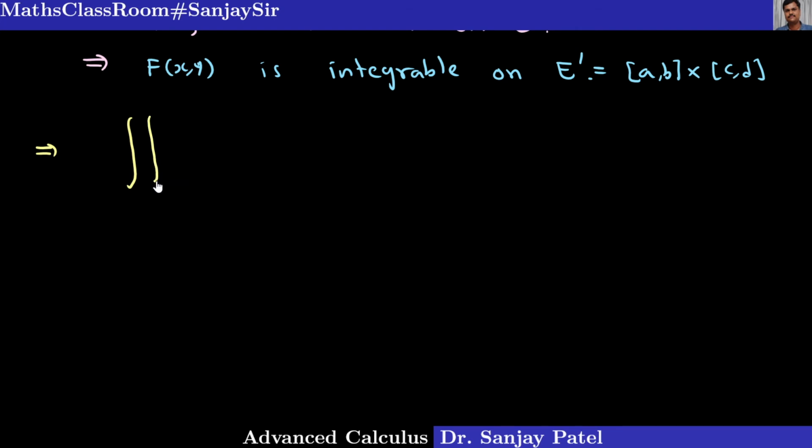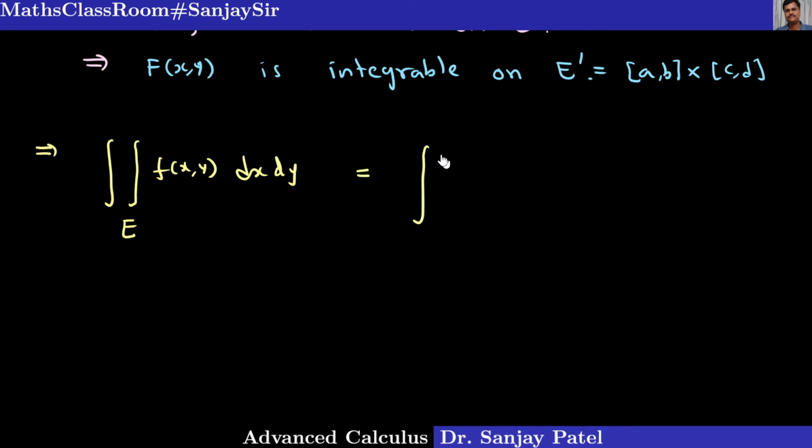therefore the double integral of the function capital F over the rectangle E, rather E dash, is given by... let me write this way. Since capital F is integrable on E dash, we can write the double integral of the given function f of x comma y over the region E, the double integral of this function, this is same as